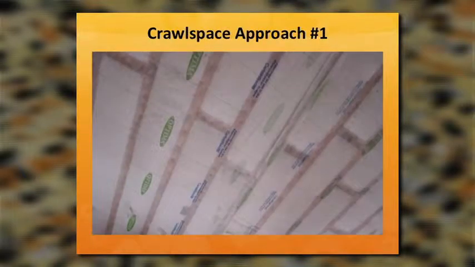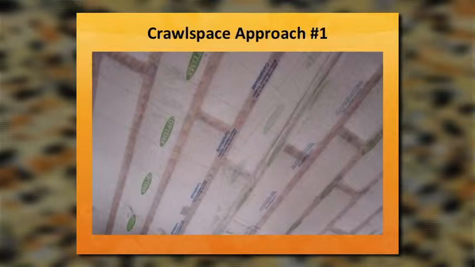So in approach number 1, this is where we're ventilating the crawl space. What we do is we insulate the floor above. And we insulate the floor above because if we're going to have air moving through our crawl space, then our crawl space is going to be cold during the winter, and it's going to be hot during the summer. And so in that floor space, we have